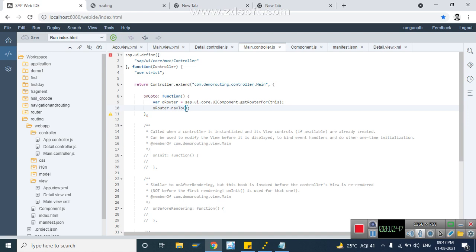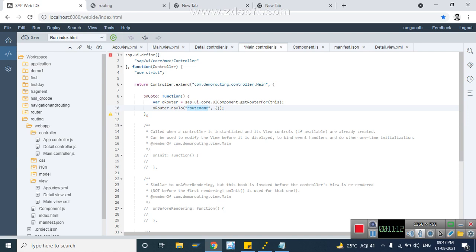So the first parameter is the route name, and then in the second parameter we can pass parameters, meaning we pass queries from one view to another view. The route name should be the configured route name to where we want to go.